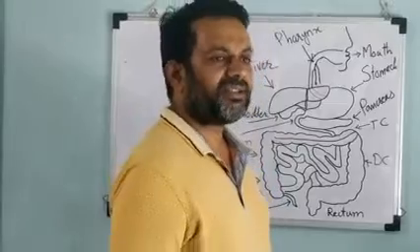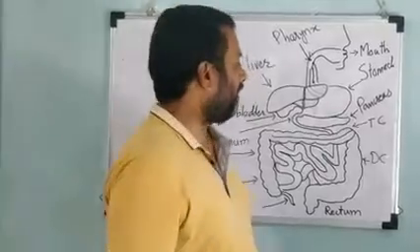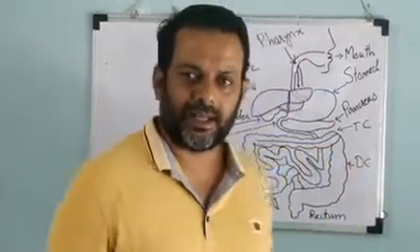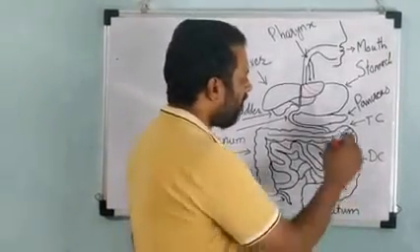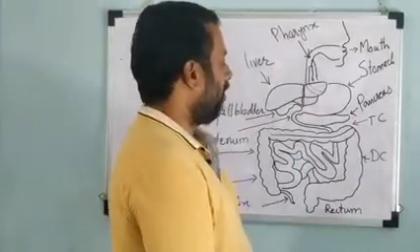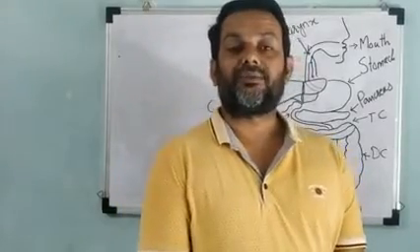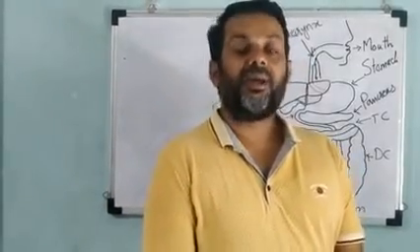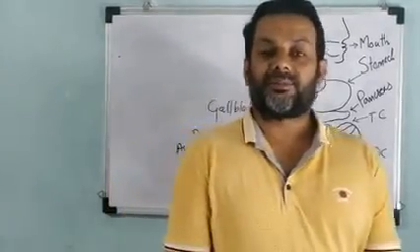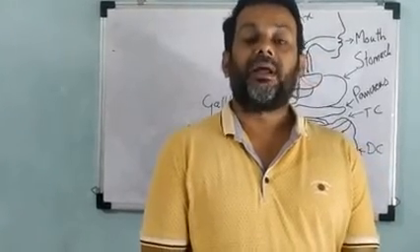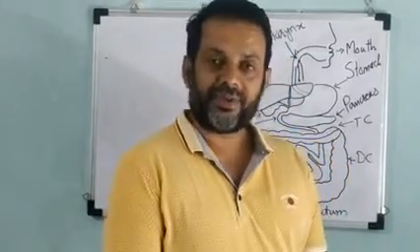We all know that HCl is a very strong acid and it may damage the walls of the stomach. So to avoid damage to the walls of the stomach by the action of HCl, the gastric glands produce mucus. This mucus forms a lining on the inner walls of the stomach and does not allow the HCl to come in contact with the walls of the stomach, and in this way mucus protects the walls of the stomach from the action of HCl. In case the layer of mucus becomes thin, then the HCl may come in contact with the walls of the stomach and may cause ulcers there, which are very painful.